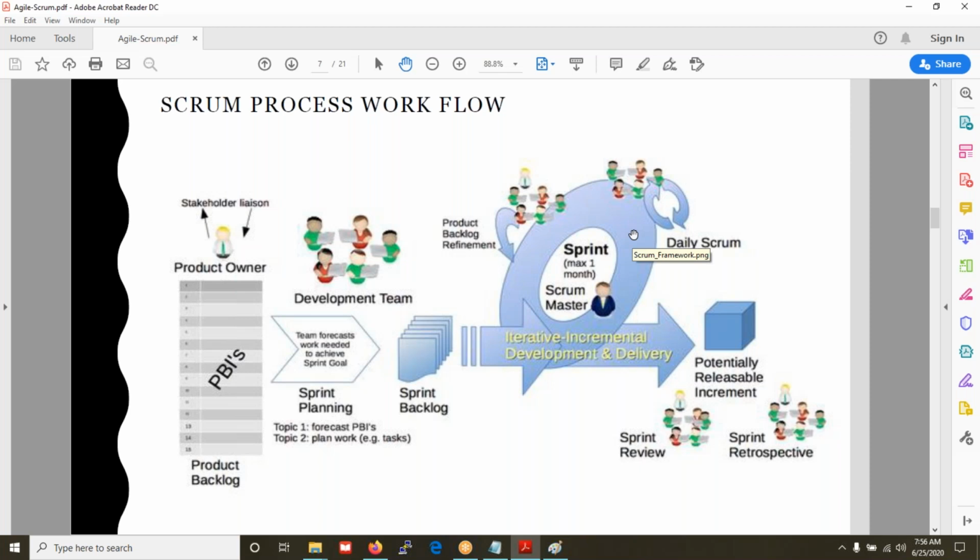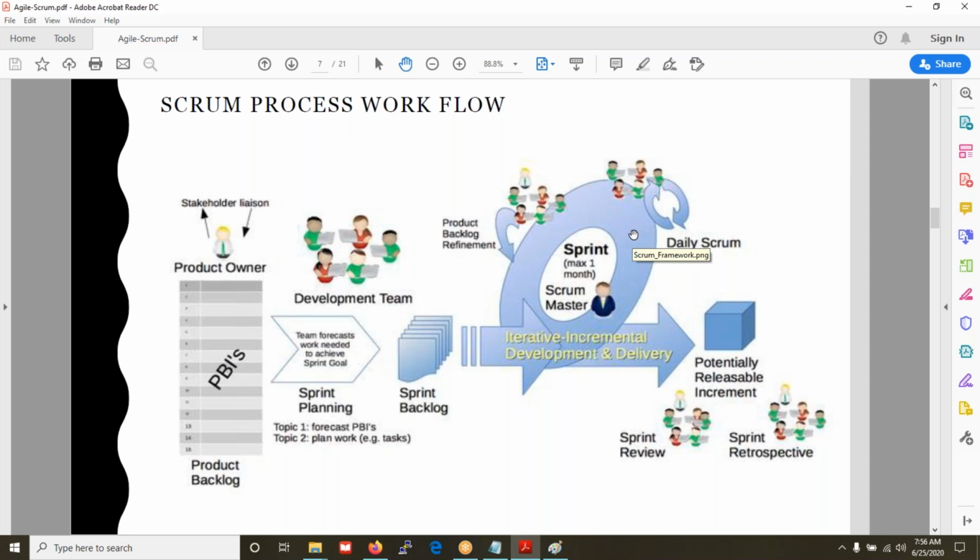One more thing I forgot to say: in this, the product owner is optional. In this meeting, the Scrum team and the Scrum Master are involved, and the product owner is optional. Even if he is attending this meeting, he is not allowed to speak. Fine. And in the daily Scrum meeting, the team members have to face their colleagues and say three things: